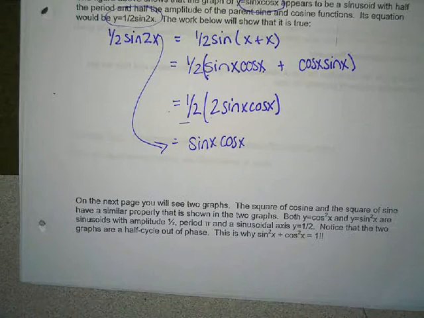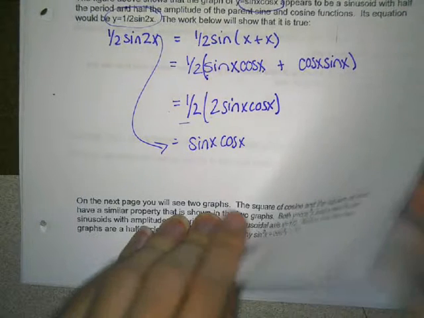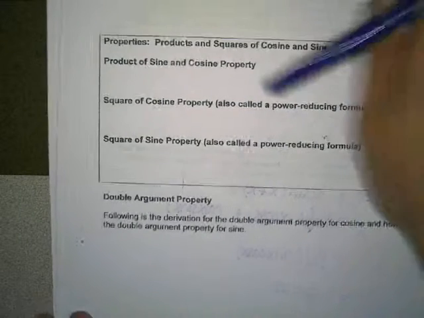On the next page, you're going to see two graphs, the square of cosine and the square of sine. Both cosine squared and sine squared are sinusoids with amplitude 1/2, period pi, and a sinusoidal axis of y equals 1/2. And then notice that they're a half cycle out of phase. So we've kind of talked about this already,